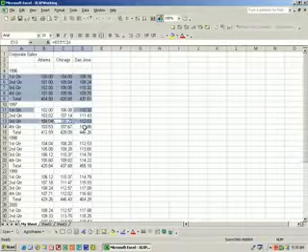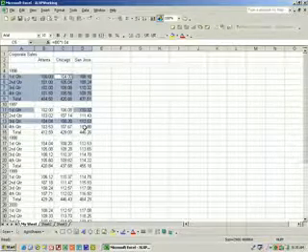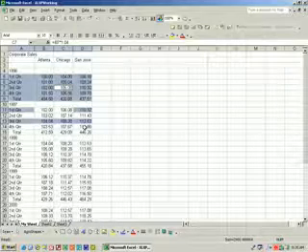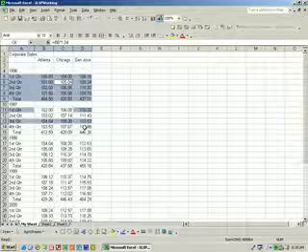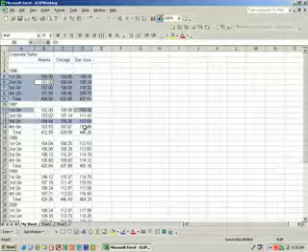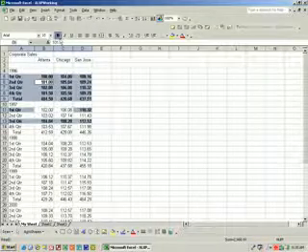Now press the Tab key 6 times and the Enter key twice, and then hold the Shift key down and press Enter, and then hold the Shift key down and Tab. And now let's click the Bold button to bold all those selected